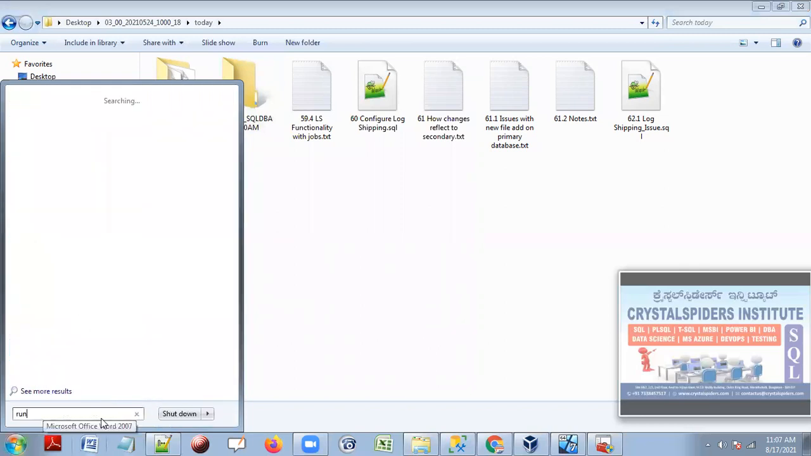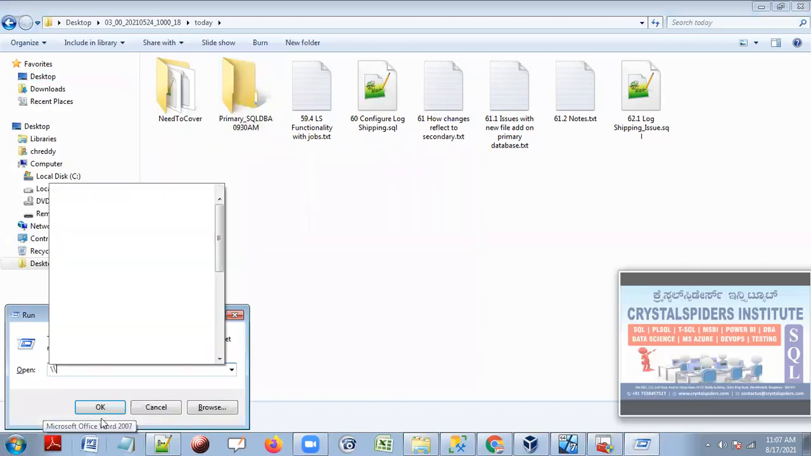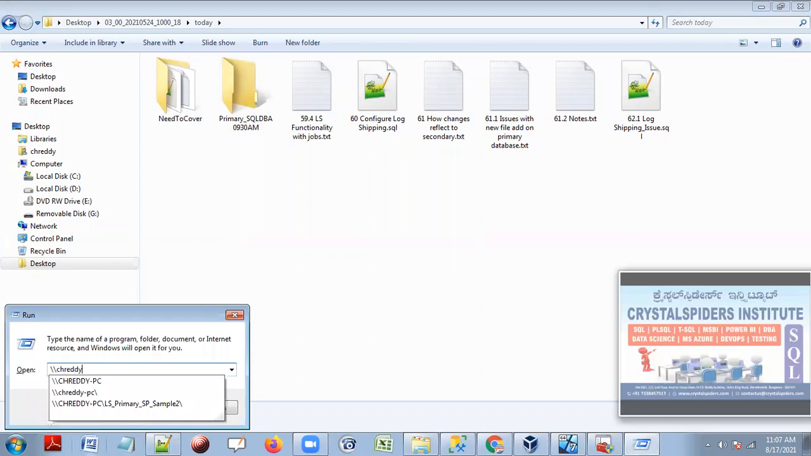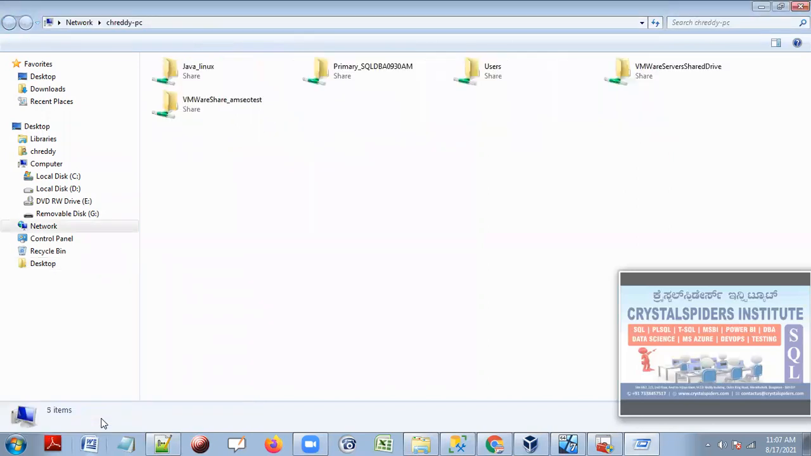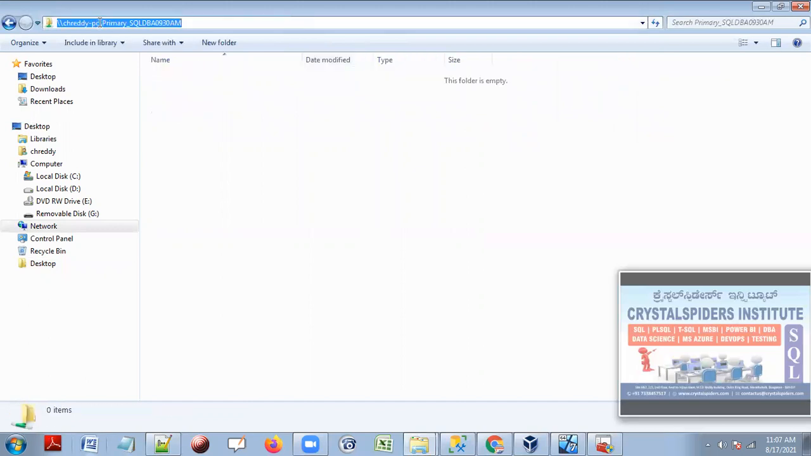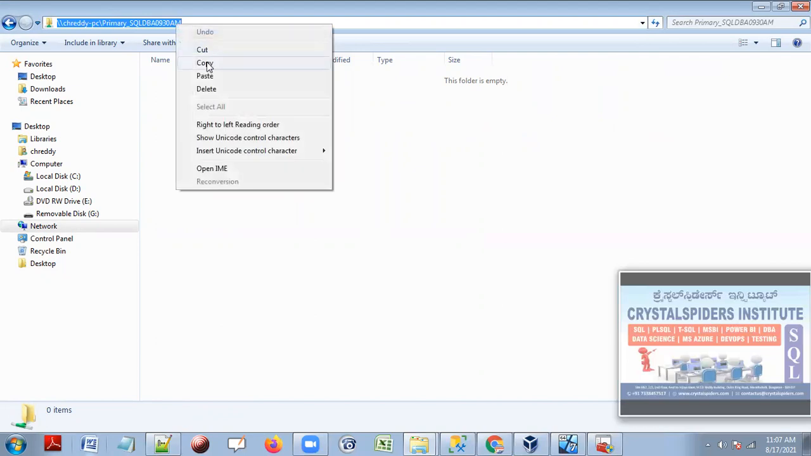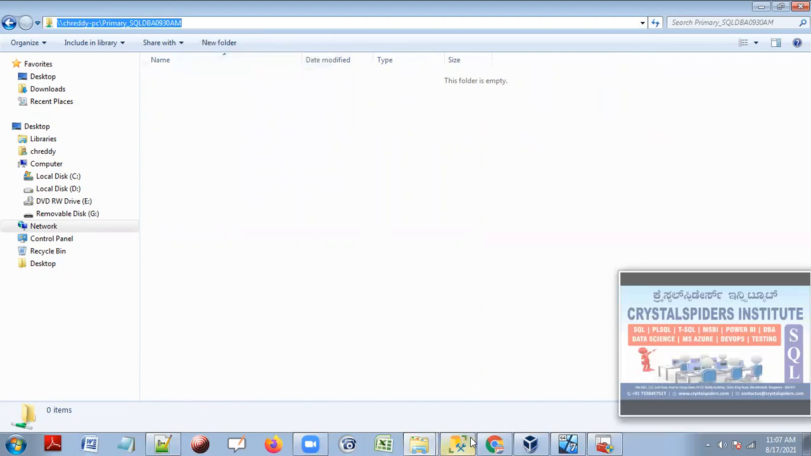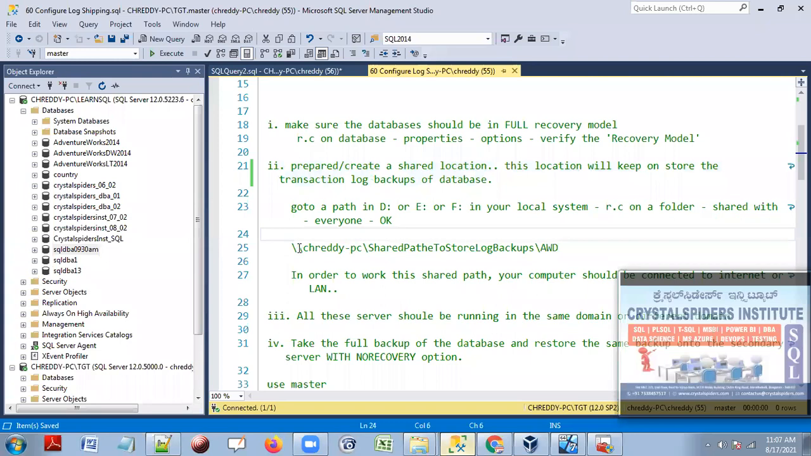Let's open the run prompt and simply type \\your computer name. It will show what network paths are there. See, now I can see this path, and I am going to use it as a network path. Copy this path, and I'm going to use it here. So this is my path. I will specify this path as it is in the